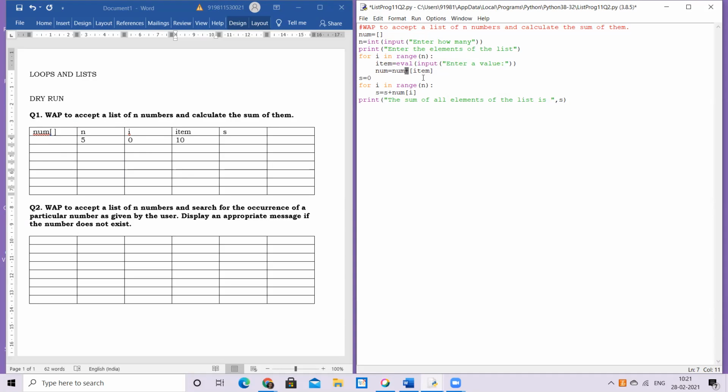It has to be in the list form, part of a list kind of a thing. And please assign it to the existing num. So current num plus new item, then putting it into the existing num. So the num value gets updated. Hence here I have a list which is a blank list as of now. Or I'm assuming here it's the blank list.